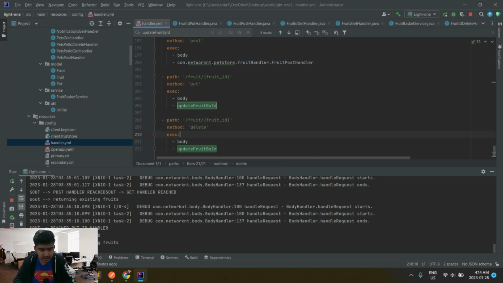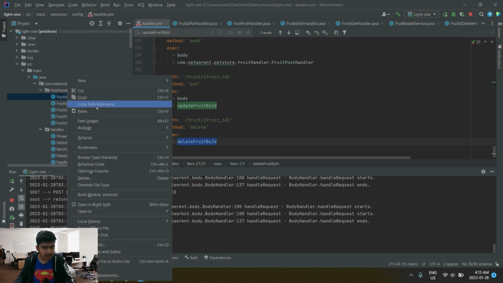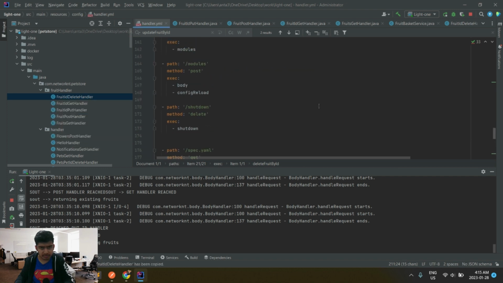Let them know that the method is going to be delete. Body is not required, but delete fruit by ID. A tag is required. Delete fruit by ID, and let's go ahead and copy the reference